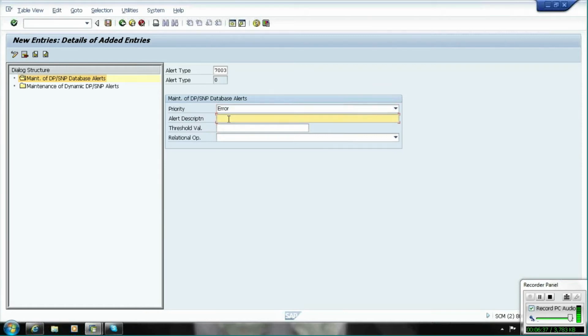And alert description, I will give as the